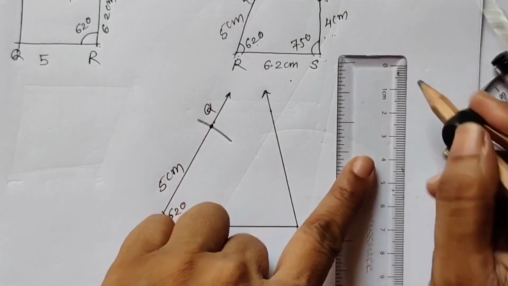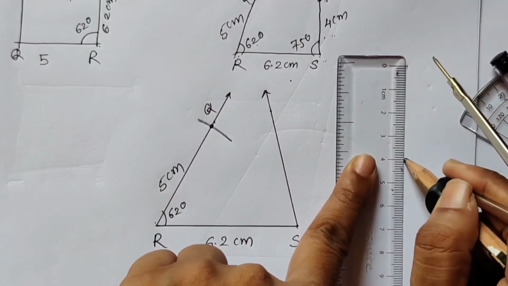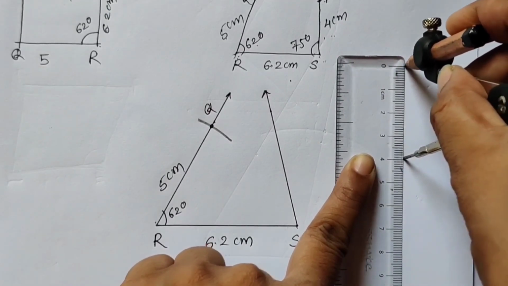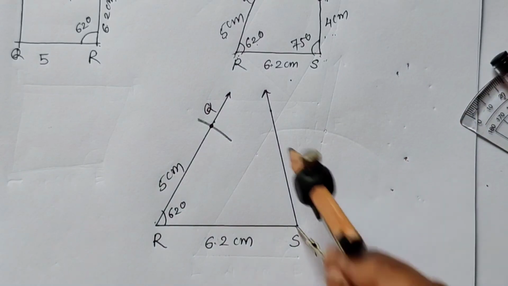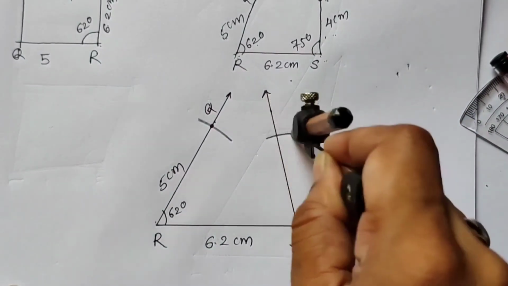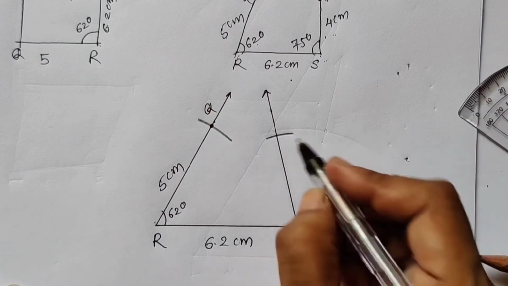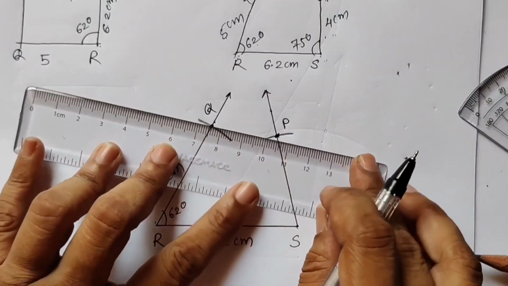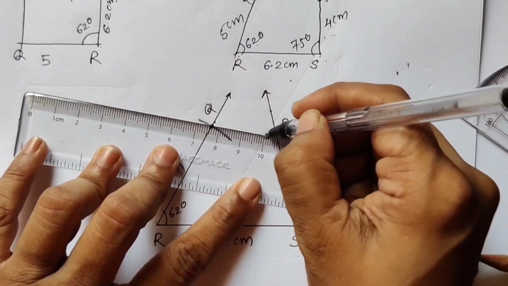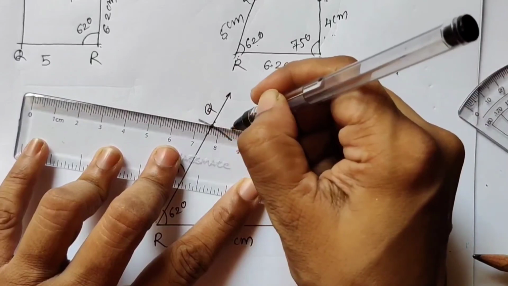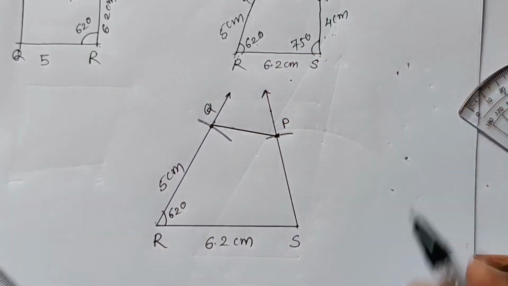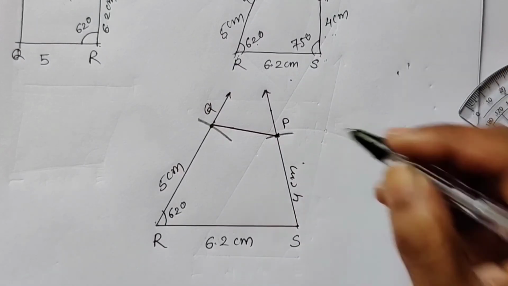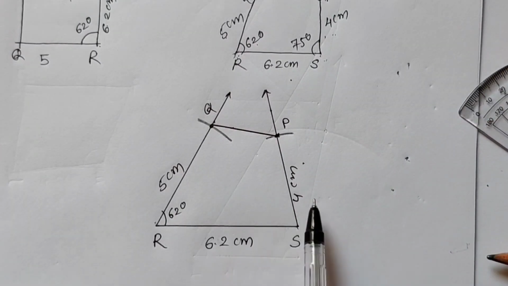Now I have to fix the position of point P, which is at 4 centimeter. So I take the distance of 4 centimeter from 0 to 4, and then take that distance in my compass. From S I will draw an arc at 4 centimeter. And then I will make this point a little dark. So this is my point P. And now I am going to join these 2 points. This was 4 centimeter. And this way we have got quadrilateral